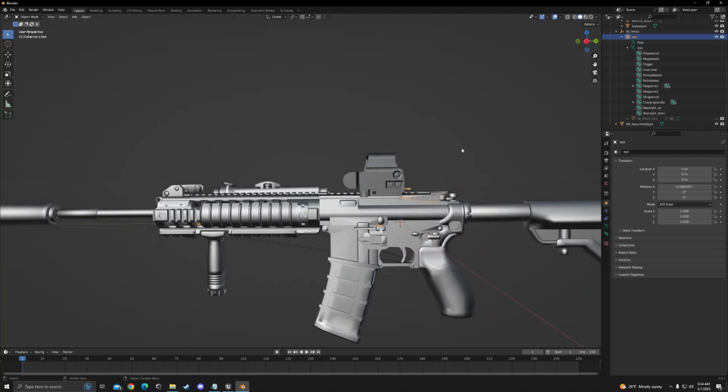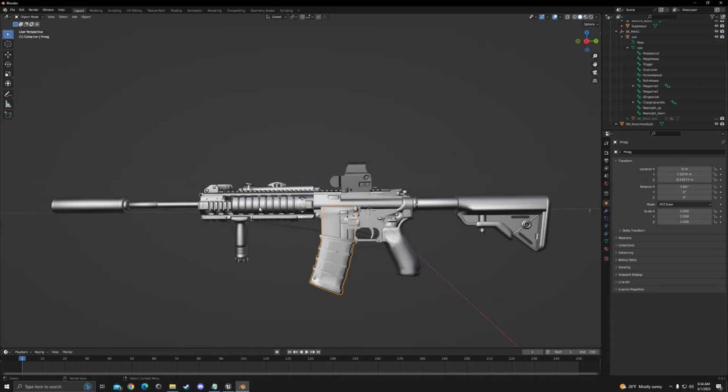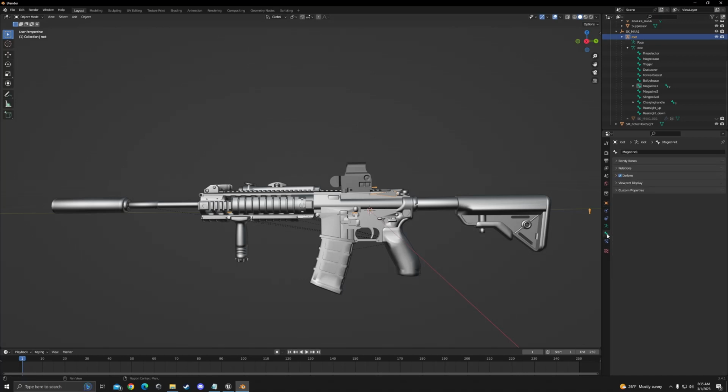We need to bind the meshes, which are, for example, the mag is a mesh. Every little piece here is a mesh. We want to bind them to the bones. How do we do that? We do that using weight painting and vertex groups. So where we'll start, we'll first select the root folder here, and then we're going to go to, I believe it is,